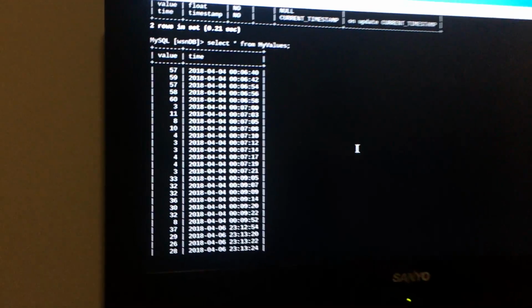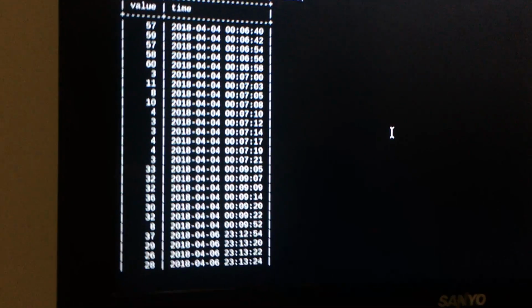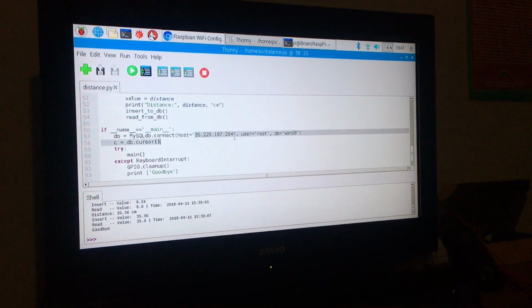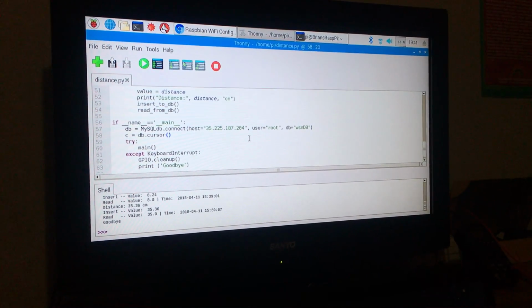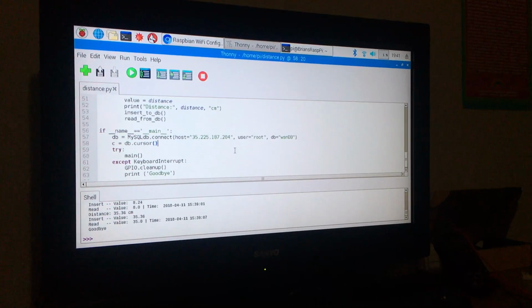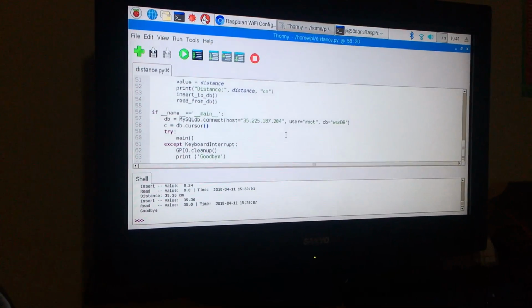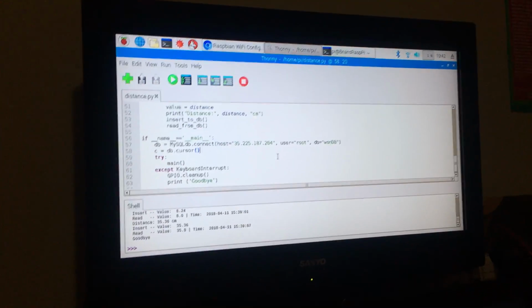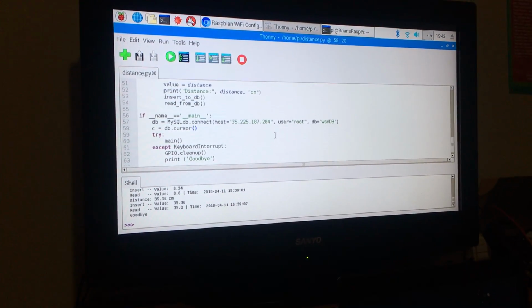I kept everything the same as my local database and only needed to change the host to the external IP address of my Google Cloud instance. I also needed to authorize my public IP address in the Google Cloud instance. Then I configured my Raspberry Pi network using an open source web interface